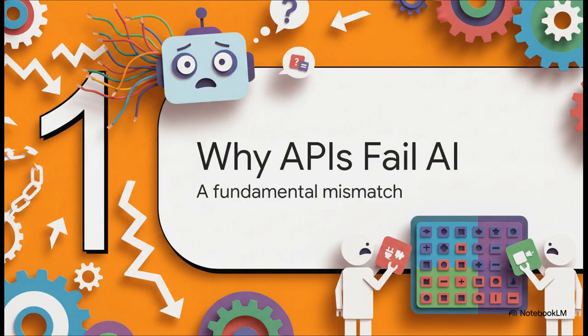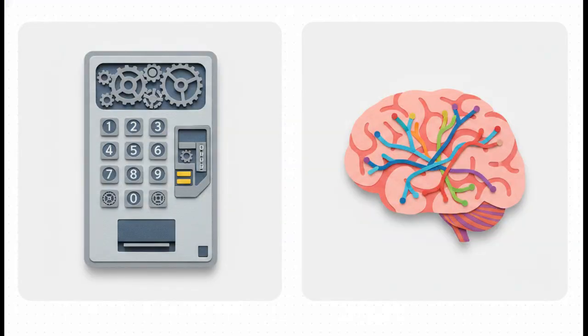Starting right off with Section 1, why traditional APIs are essentially failing AI agents due to a fundamental mismatch. The core issue here is that traditional APIs were designed for humans and deterministic programs. They are incredibly precise and efficient for standard software that already knows exactly what it wants, but a language model doesn't work that way. AI models are probabilistic reasoning engines. When an AI faces uncertain inputs, it often needs to ask clarifying questions, explore available data, and kind of reason through the situation before deciding on an action. Forcing an AI to use a traditional API is honestly like forcing a creative problem solver to communicate exclusively through a rigid vending machine keypad.